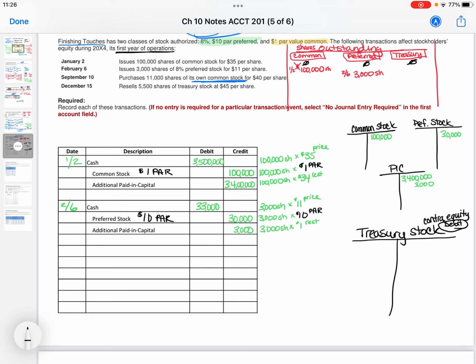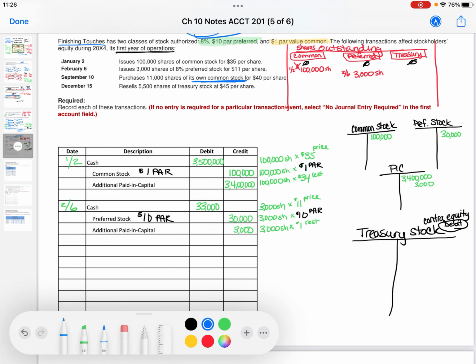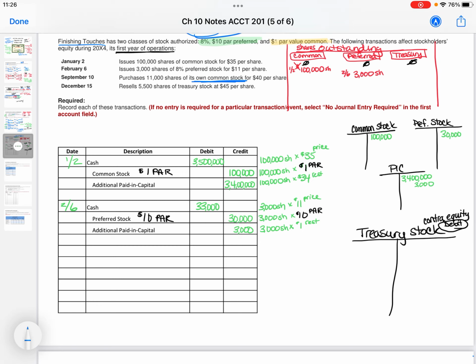And the thing about this account is that we want to make sure when we buy back our treasury stock and then we sell it again, this account will eventually be zero because we will buy our stock, sell it, buy our stock, sell it. And it might happen in different lump sums like we're going to see for this problem. But this account won't ever have a remaining balance unless we have shares of stock. So that's why I say for this account, what goes in must come out. And I'll show you that in just a second.